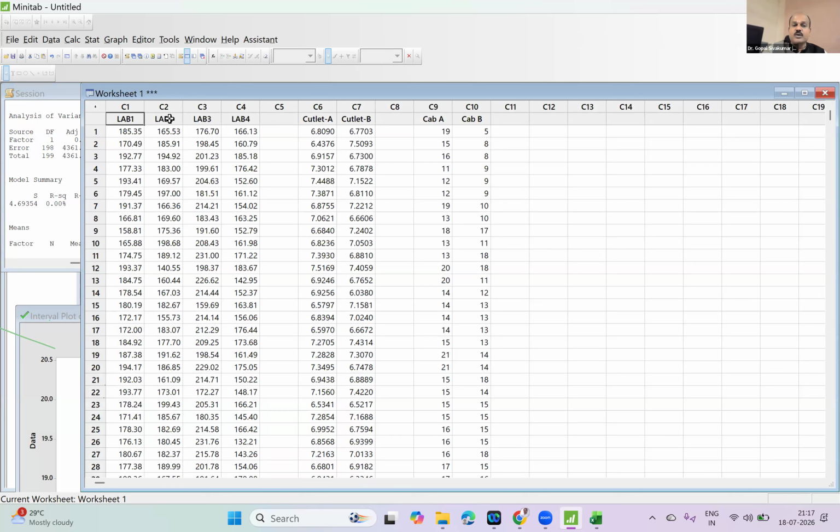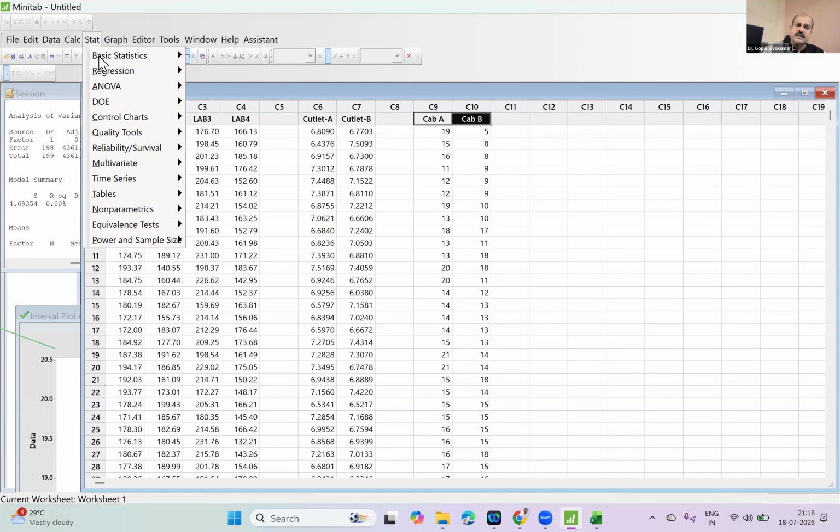But when I compare 1 and 2, what is this called? This is also a case of what? Comparing 1 and 2? Two sample t-test. Now, two sample t-test or ANOVA. Wherever you can do a two sample t-test, you can certainly do ANOVA. Now, let me do the two sample t-test for the cab.